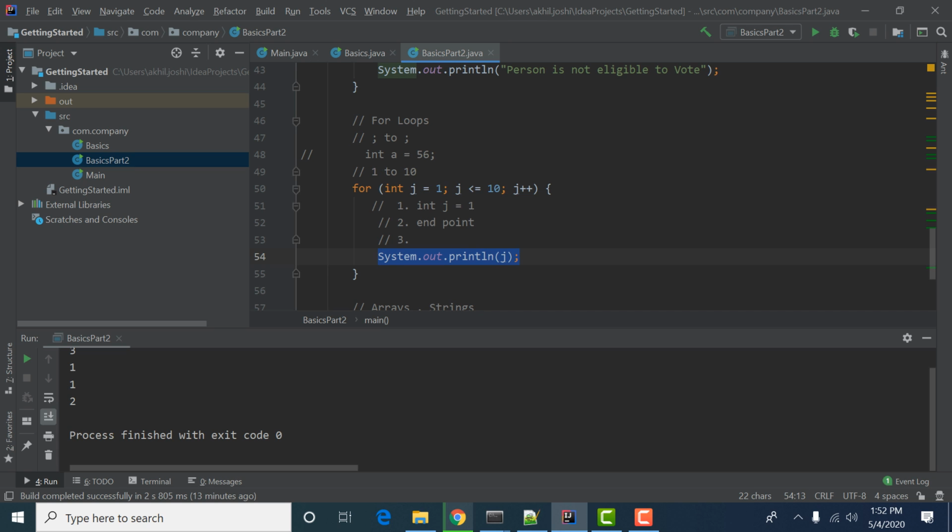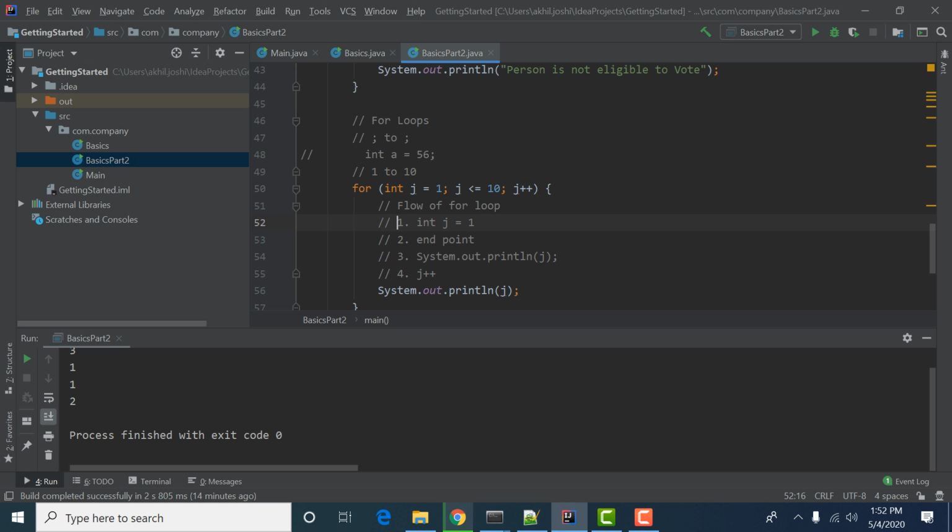This step will happen, and after this step, the increment will be done. So this is the flow of for loop. It might be confusing that these things are written like this, but the flow does not work in a similar way.